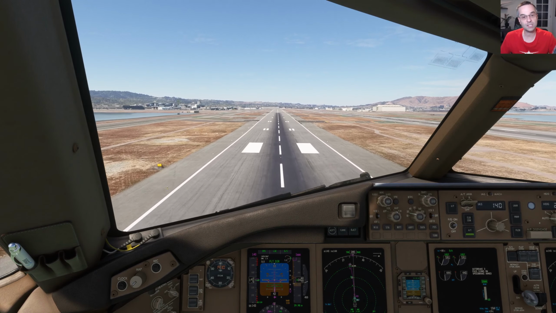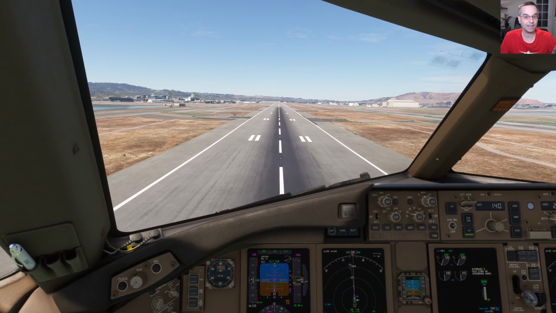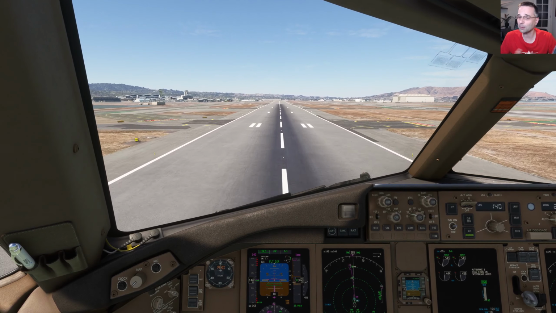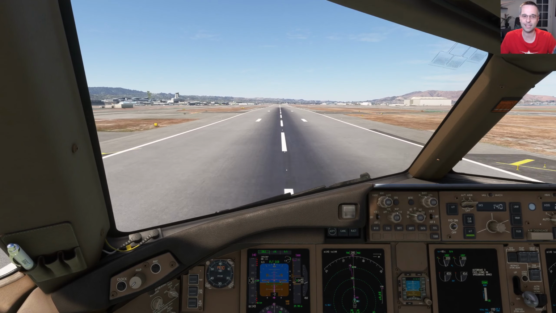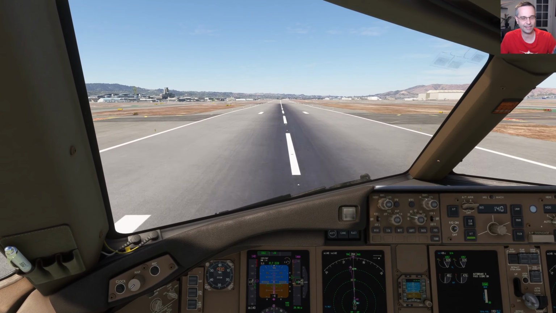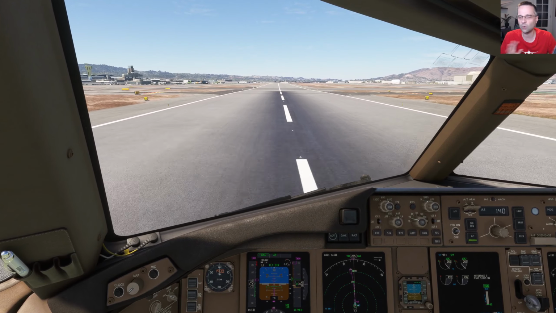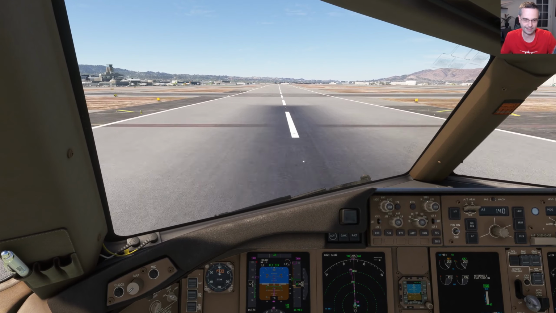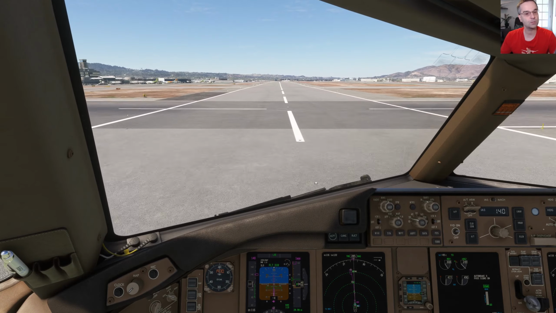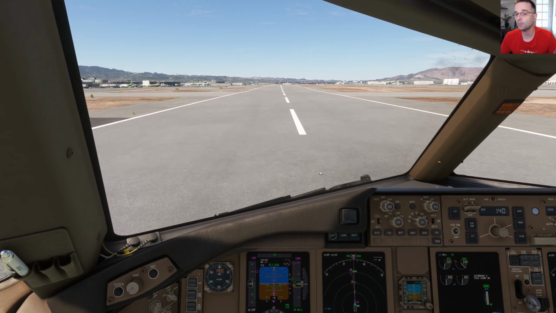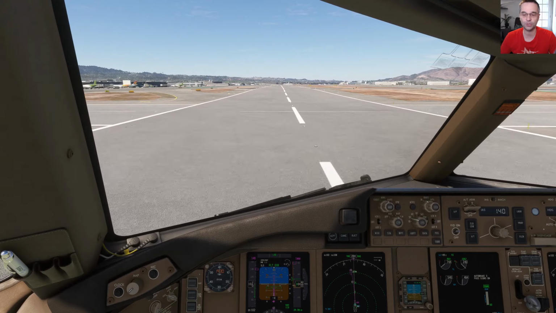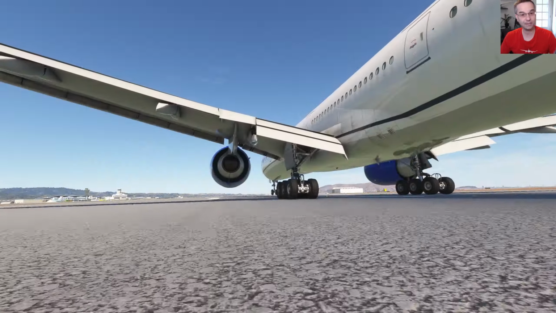You'll want to flare just a little bit before touchdown so that your main gear touches down first, and it probably took me a good 4 or 5 landings before I got the trick to making smooth landings with this plane. It's definitely a little bit tricky to get it right, so don't worry about it if you're all over the place. The autobrakes will slow us down once we touch down, and you can put the throttle into idle reverse if your controls support it, but otherwise we have made it to our